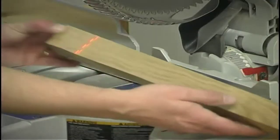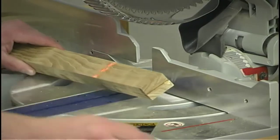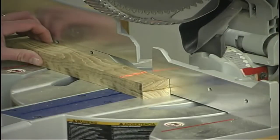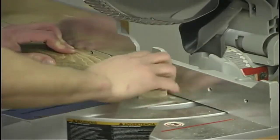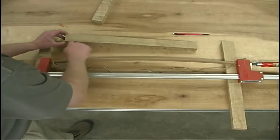Now the overall length of the leg on the drawing is given from the long point to the long point. So what I'm doing is I'm just measuring off my long point down to this end, and then this would be the long point on the opposite edge where we need to cut our overall length off to. Now what we need to do is lay out that curve that's on the outside edge of each of the